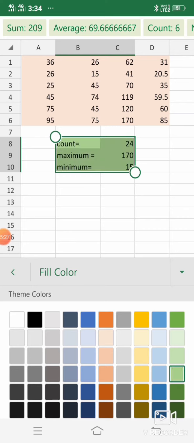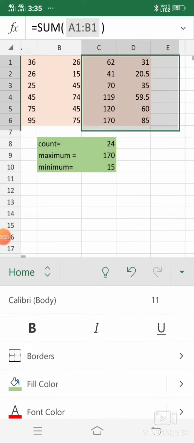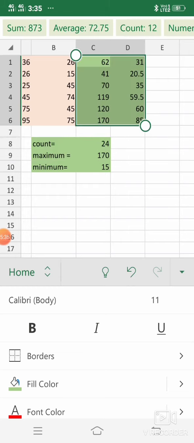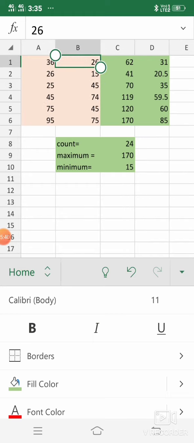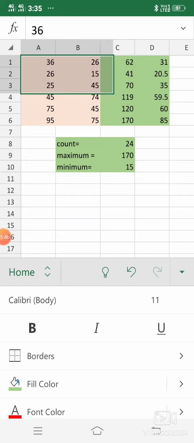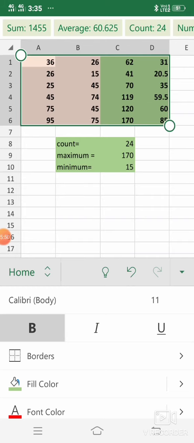I will use green, and these are my AutoSum results, so I will color them green. These are my values in A and B, and these are my outputs. A little bit more formatting, bold.